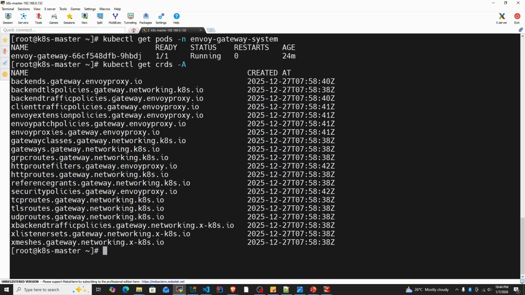From the output, we can clearly see that Gateway API related CRDs are available here. Most importantly, we can see GatewayClass CRD, Gateway CRD, HTTPRoute CRD. Along with these, we also see additional Gateway API related resources such as